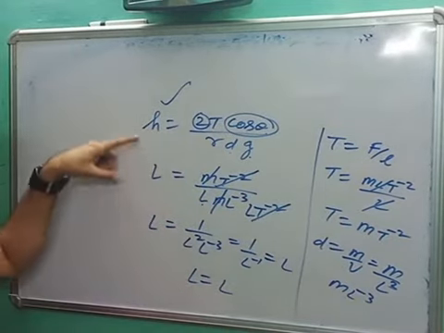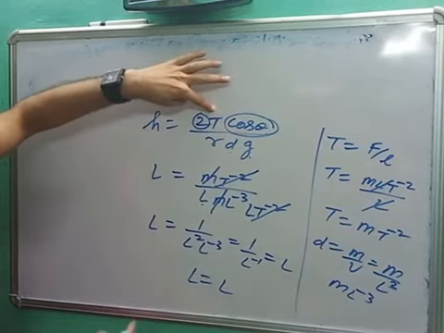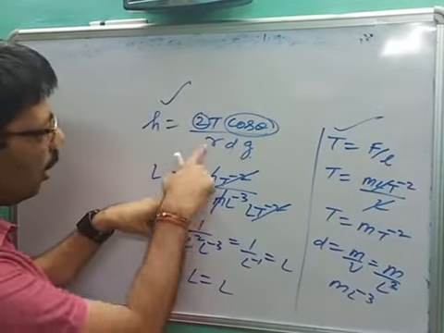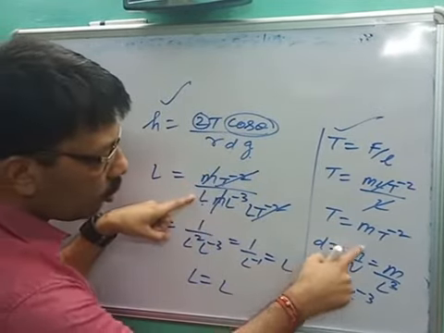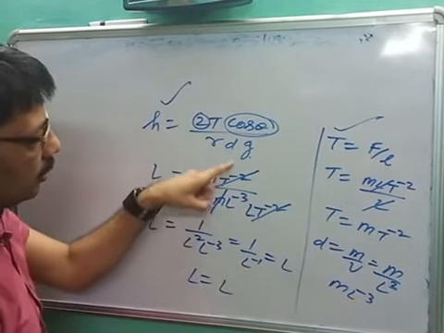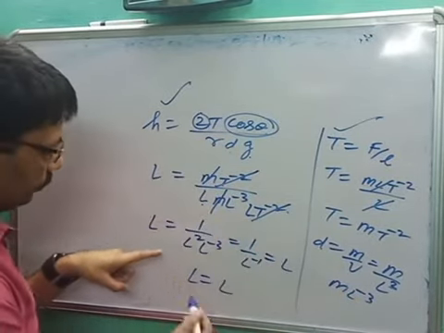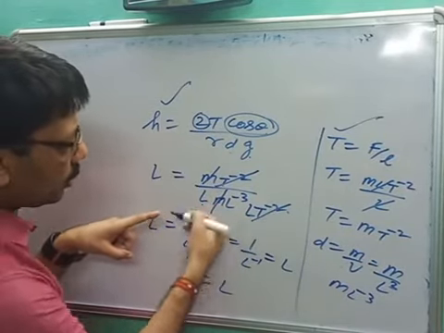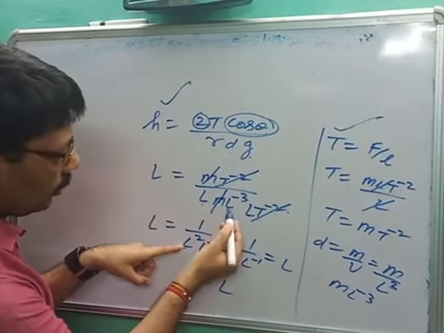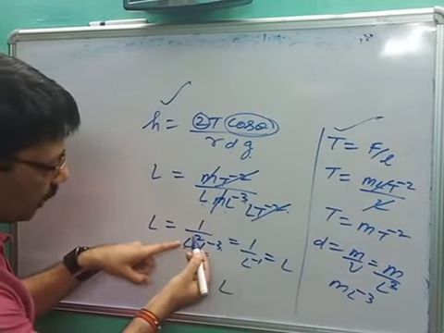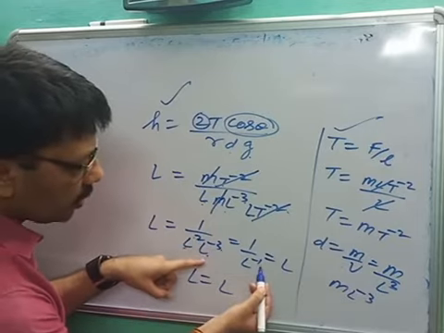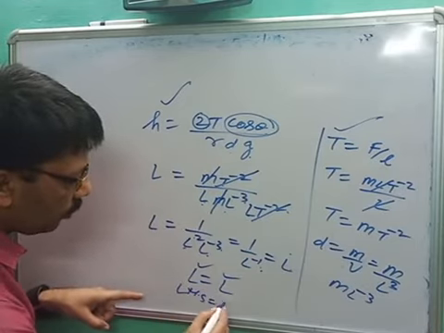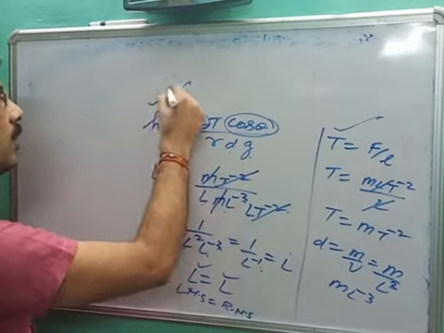You have to go through h for length L, T for surface tension, we can find out in such a way: M T to the power minus 2 upon r for radius L, d for density is equal to mass upon volume, you will get M L to the power minus 3, g for acceleration L T to the power minus 2. We will get L is equal to, M cancels out, T square cancels out, L into L square into L to the power minus 3, plus 2 is equal to L to the power minus 1, it will go up to L. We are getting L is equal to L, it means left hand side is equal to right hand side, it means the given equation was correct.